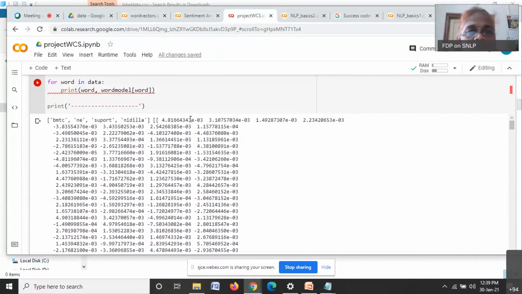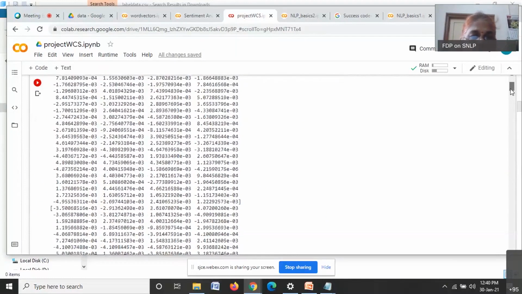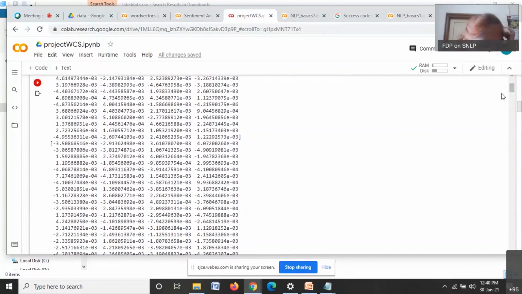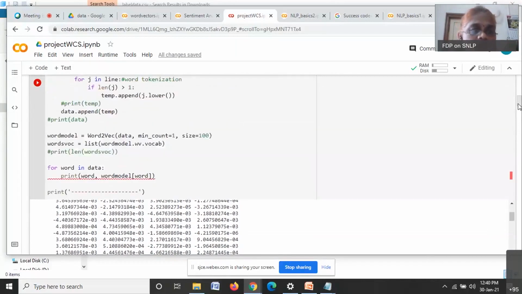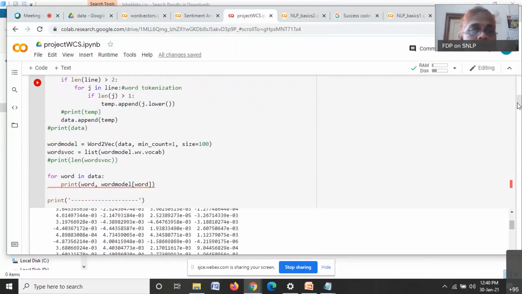BMTC support needilla. So for this, we have the embedding, right? This is the embedding, and I have taken 300 dimensions. From here to here, this is for the first word, that is BMTC. Next again we have for the next word, next for support, and next for needilla. So if you want to average this, you take this 300 plus 300, 300 plus 300, that is vectors for 4 words. Then you average it. That is how it is done even in Doc2Vec. So what I have done now is, I have the word embeddings for each and every word.